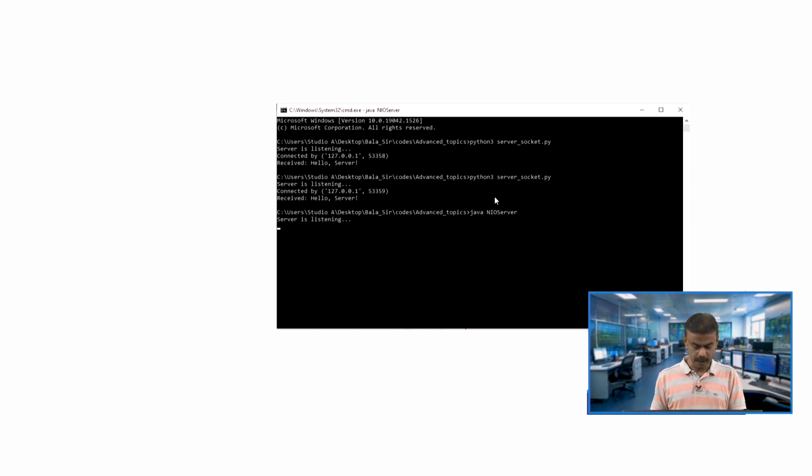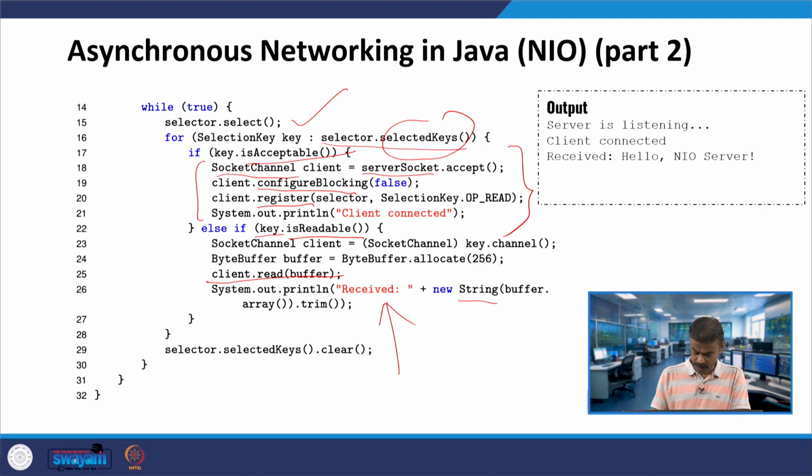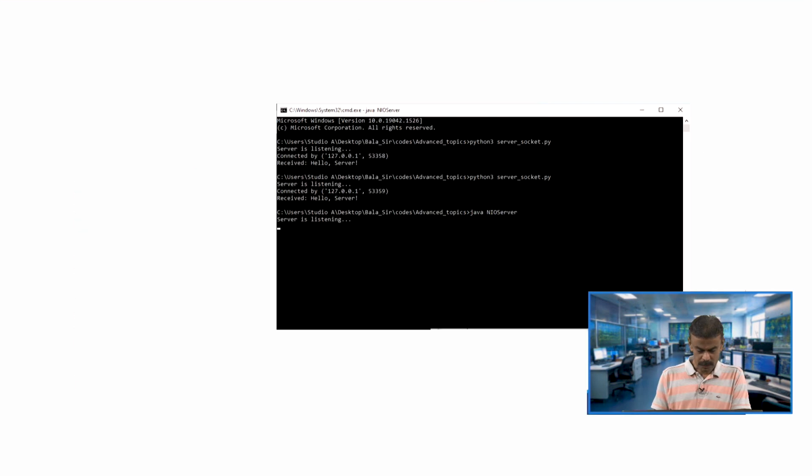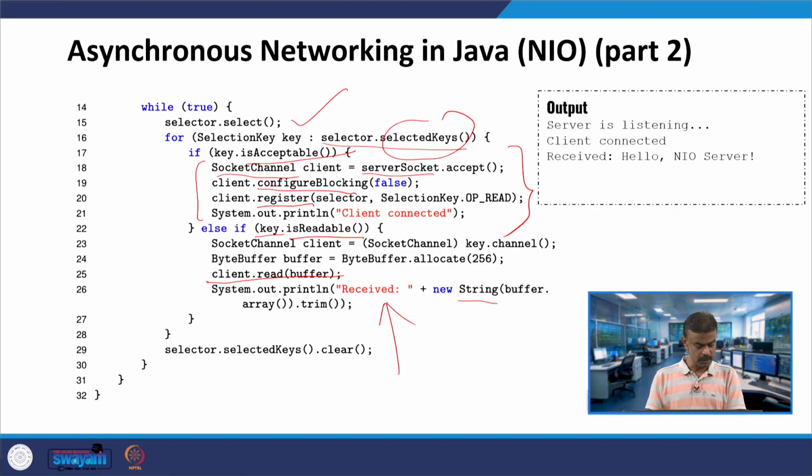So now what we will do, we will see part 2. Part 2 means the client one, right. What is the output we are getting? Here you see server is listening, right. The server is listening output we are getting. To get the other output, we have to run the other part. Then things will work, right. So this I will start.